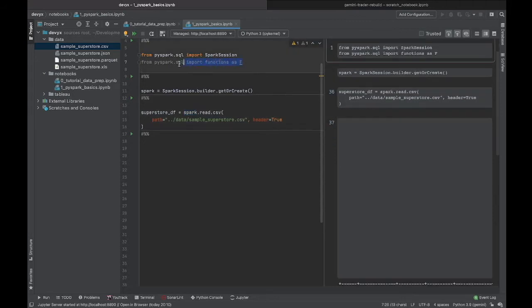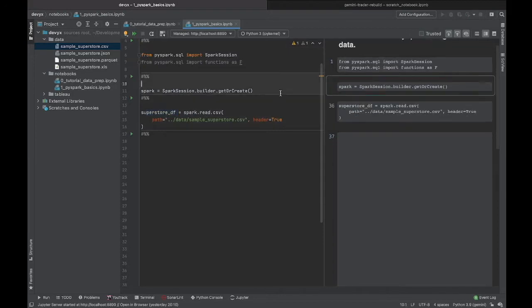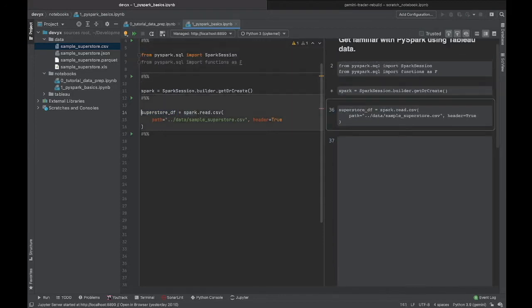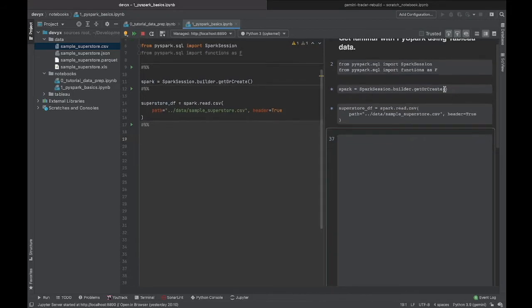Then we import some functions: from pyspark.sql import functions as f. You'll see in a bit why this is here. It's going to give us some extra functionality while we're querying the data frame that results from reading in that CSV. So let's run this stuff, and while we wait for our Spark session to get created,